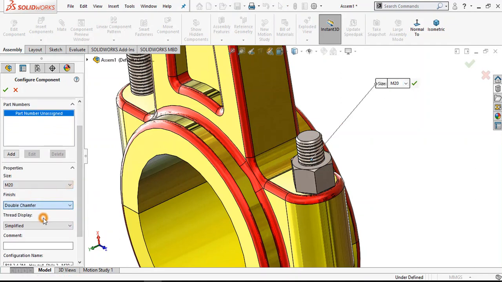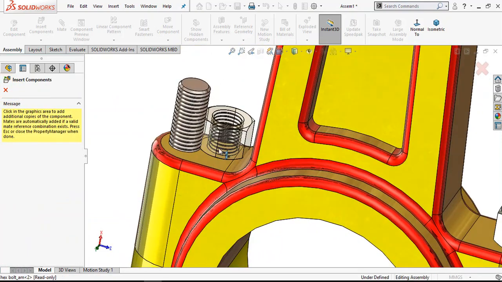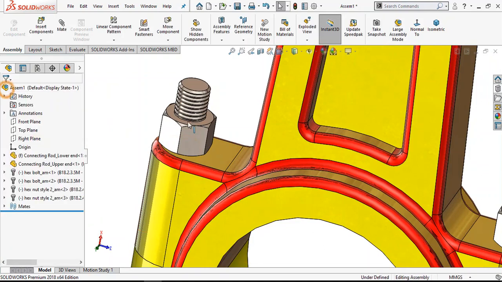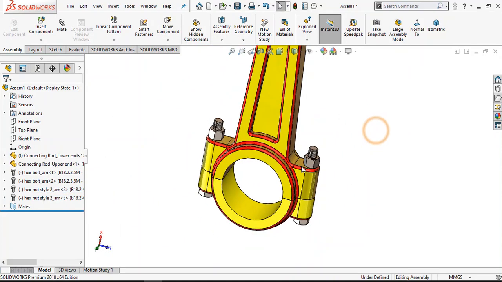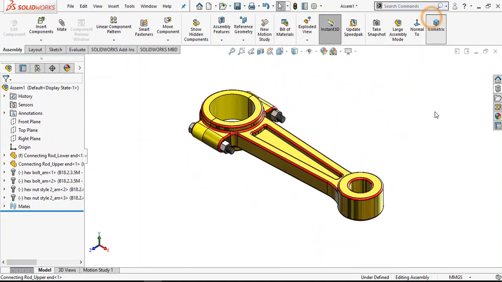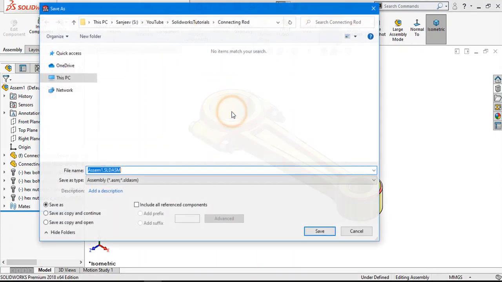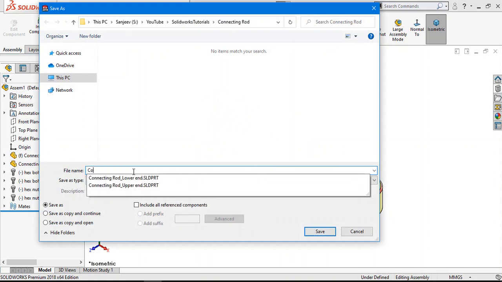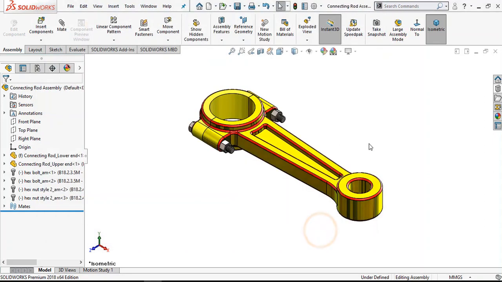Now in the finish, select double chamfer, and in the thread display, select schematic. Okay. Drop this here also. Okay. Now the connecting rod is ready. Save it as connecting rod assembly. Save.